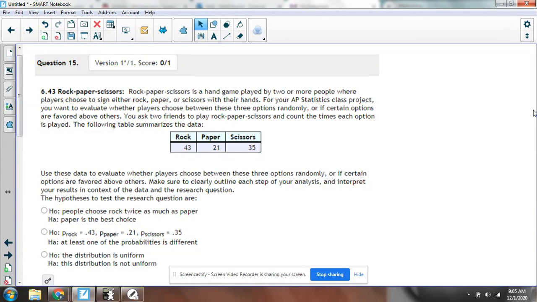Okay, this says rock, paper, scissors is a hand game played. We all know how that works. Yada, yada, yada. Here's the table below. It says use this data to evaluate whether players choose between these three options randomly or if certain options are